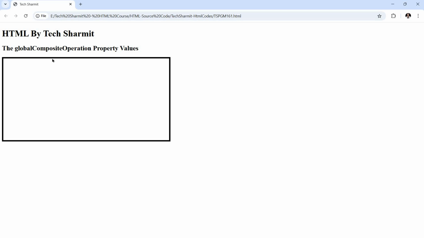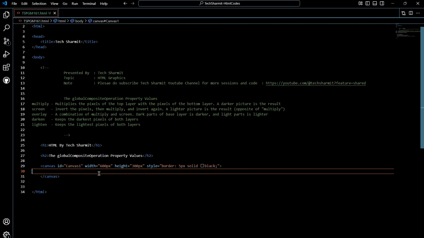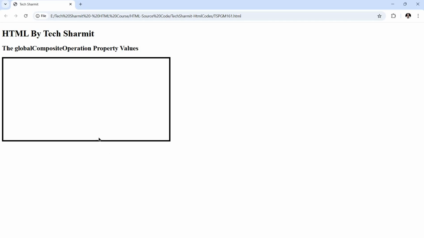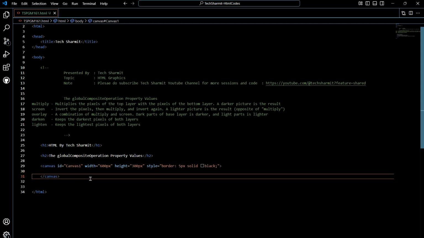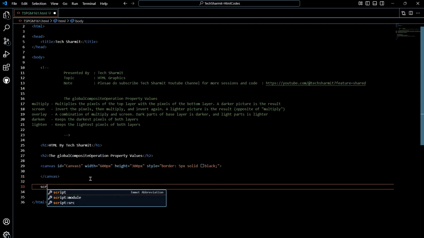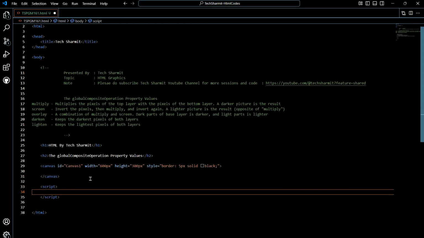Once you have created the canvas, you can refresh the screen and it will show you this canvas. On this canvas we will apply some drawing. We will use some methods and draw some shapes, and after drawing those shapes, for the overlapping areas, we will apply all these values one by one. For that we need one script. So we'll simply write script. In script we will write var c